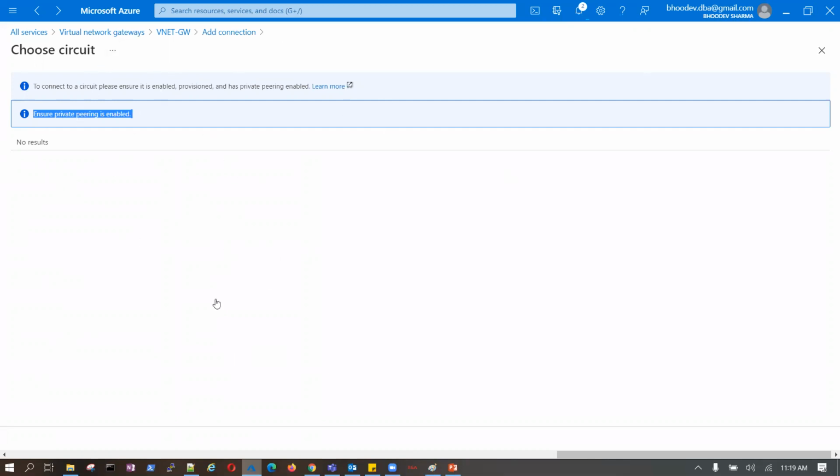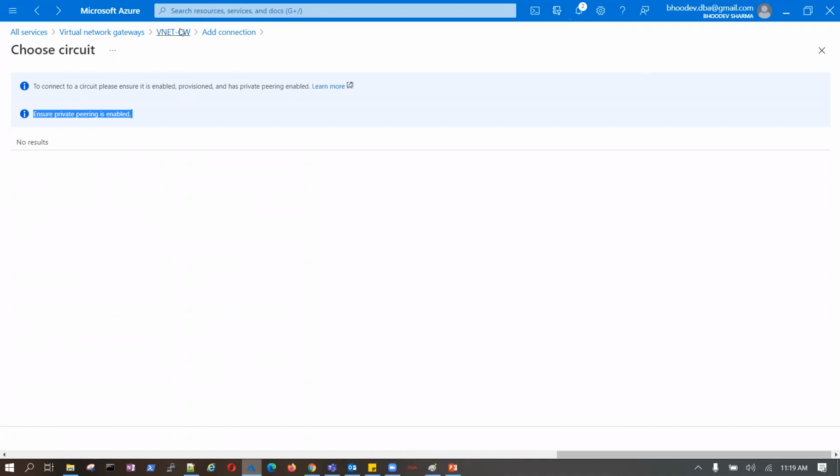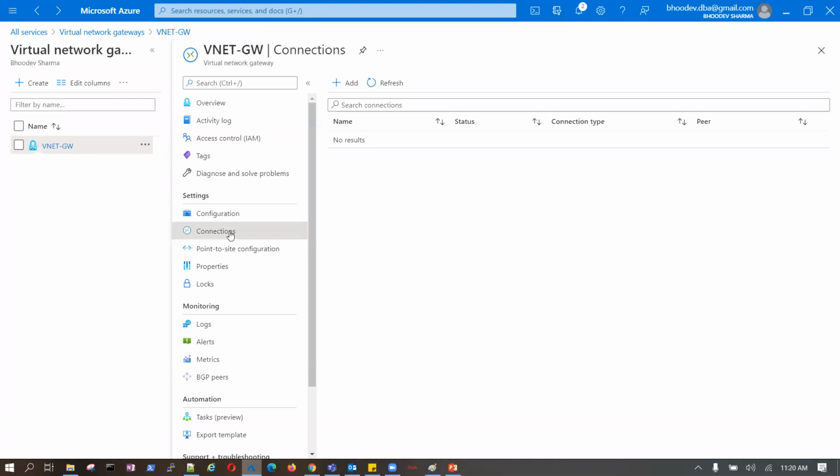Otherwise, we don't have any option to even check it. Like with the VPN gateway, the connection will not establish, but it will show us all the options. Here it cannot show. If the service line is available, we can select it from here. So this is a limitation for creating an ExpressRoute circuit.